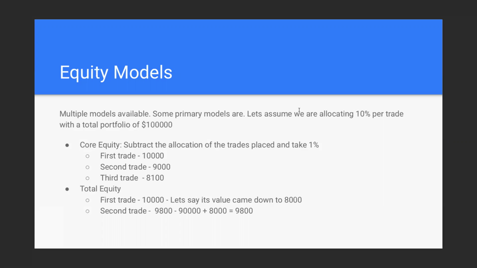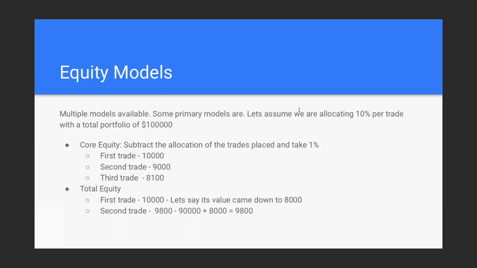There's a second type of fund called total equity. What it does is it takes into consideration your profits and losses also. Let's say the first trade where you allocated 10,000. Now let's say its value came down to 8,000. For the second trade,